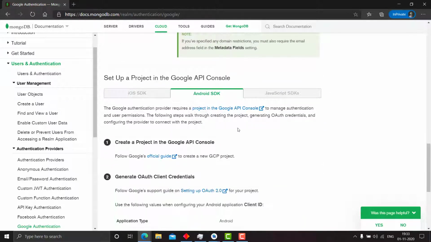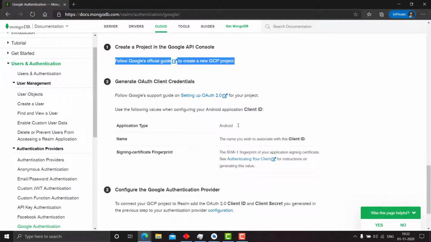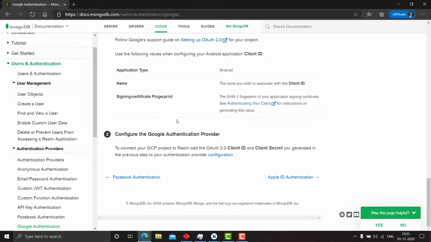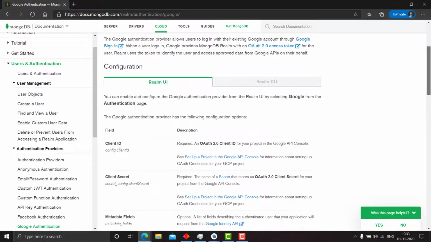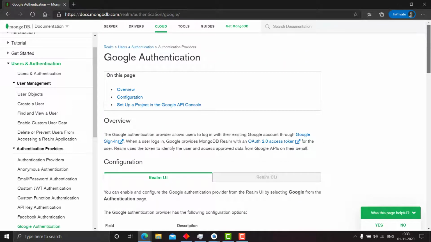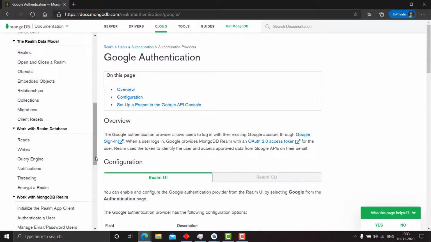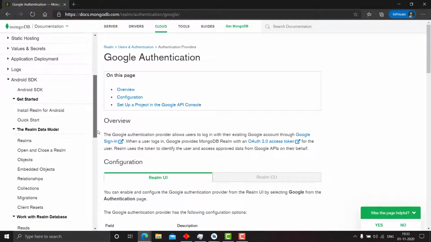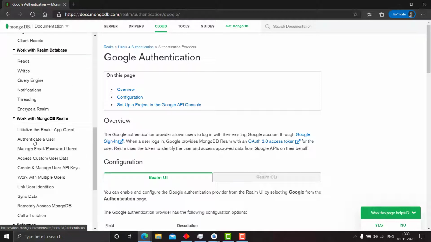The next mistake is that they don't give you the function with which you can authenticate users using Android Java. So let's go to Android SDK and then authentication, authenticate a user.